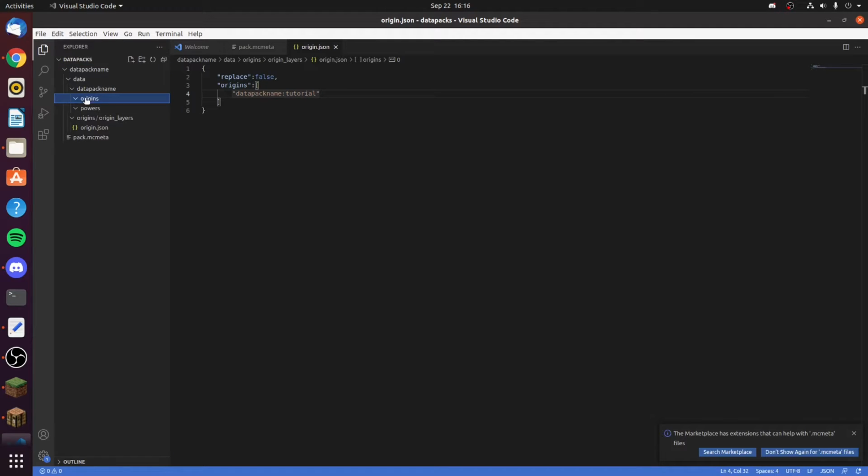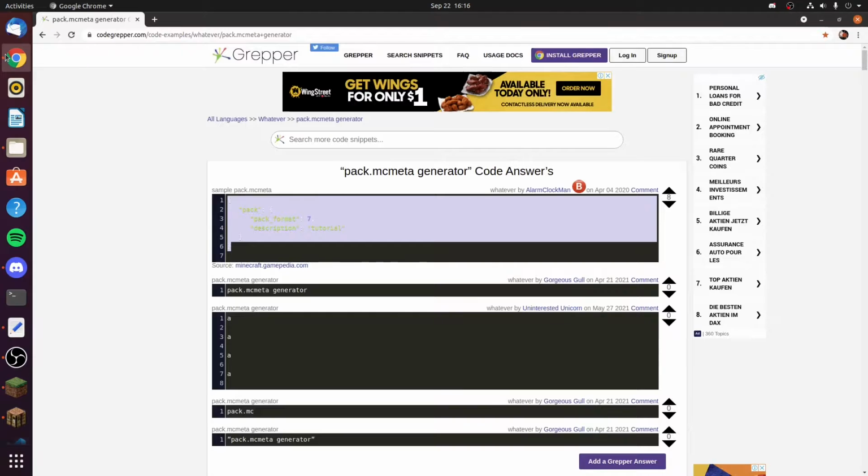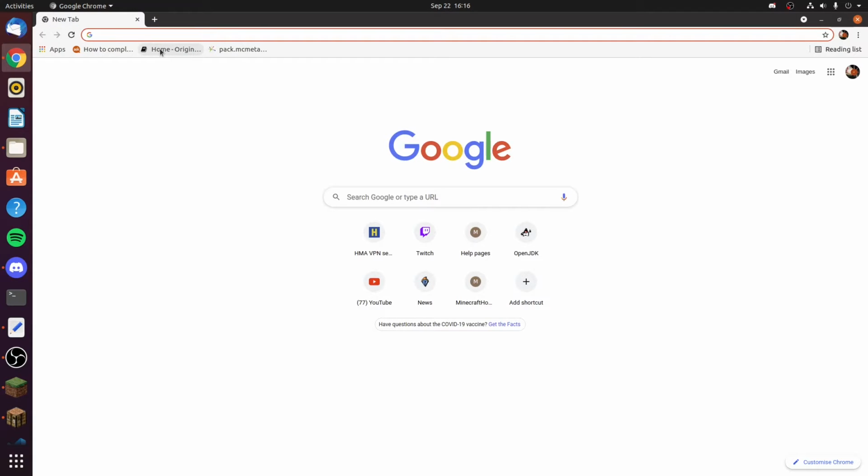So in origins, we're going to create a new file. We'll call this tutorial.json. Okay, then we'll do curly brackets, powers, and then colon, brackets. And then the first power, which we'll do, is we navigate over to the origins documentation,